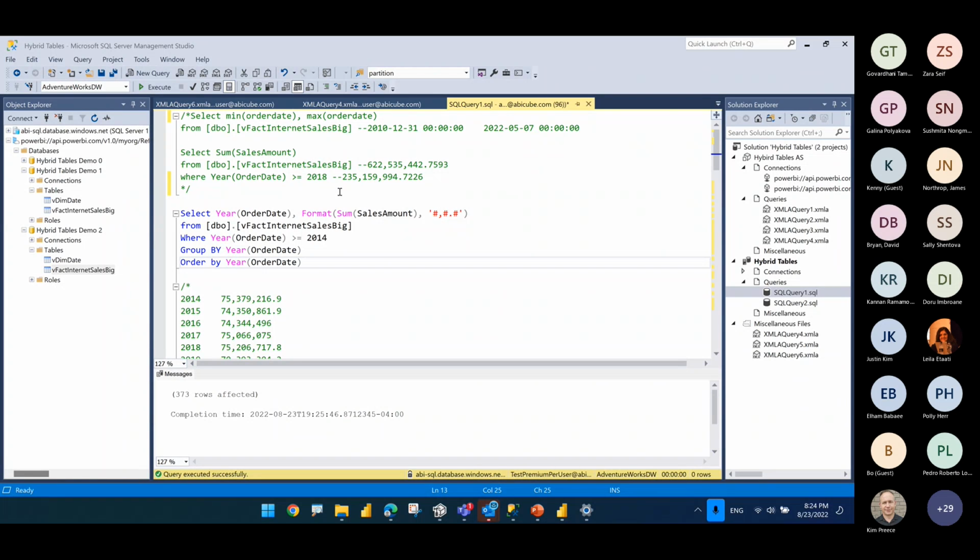Does hybrid tables work with SQL data sources only, or can it be used with dataflows? I am not a dataflow expert, so unfortunately, I don't know the answer. I think, if I'm not mistaken, I have to look up my post about this one. I think that the partitioning part, so incremental refresh, you can do, but the hybrid option, I'm not sure you can do that part.